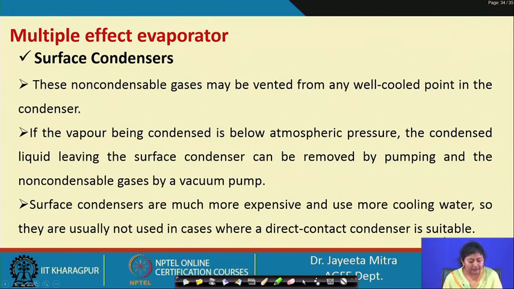That means, since we are using a properly defined geometry, that is the tubes inside the shells where the steam is in, we need to define all those geometry, length of tube, the thickness, everything, and the designing and fabrication of this is a cost involving affair. So, where direct contact condensers can be used, there we avoid any kind of surface condensers.